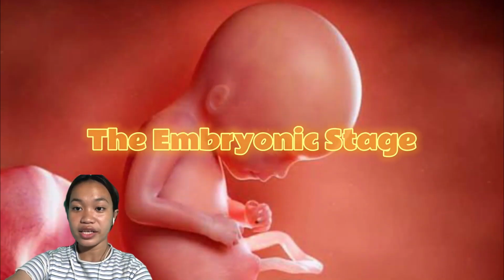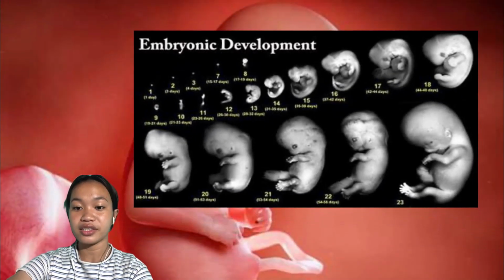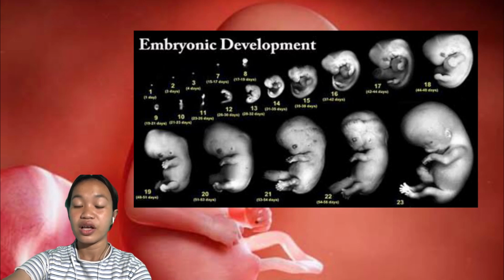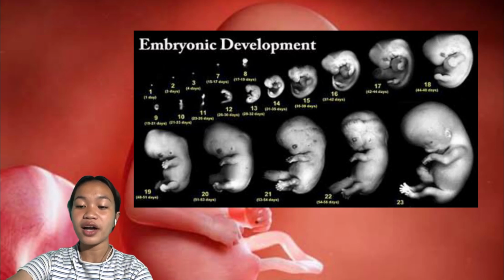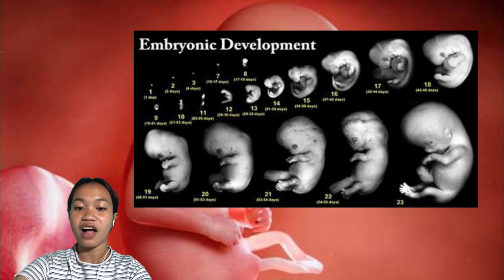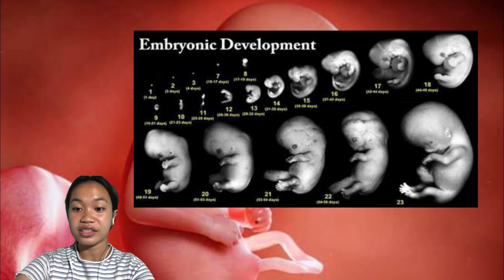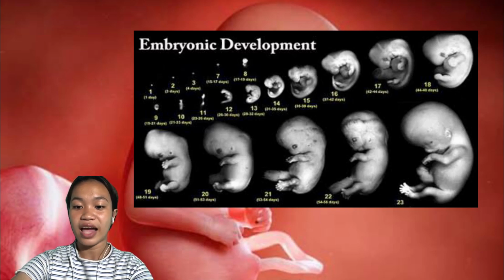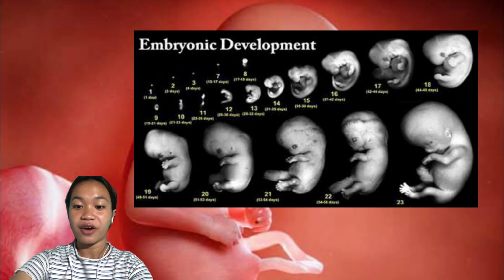The embryonic stage. The embryonic stage lasts about 8 weeks. During the 8 weeks, the organ systems will begin to form and develop, and the embryo will look like a tadpole. In the later half of this stage, tooth buds, arms, and legs can be seen. This is also the time that most women discover that they are pregnant, at around 4 weeks after conception.